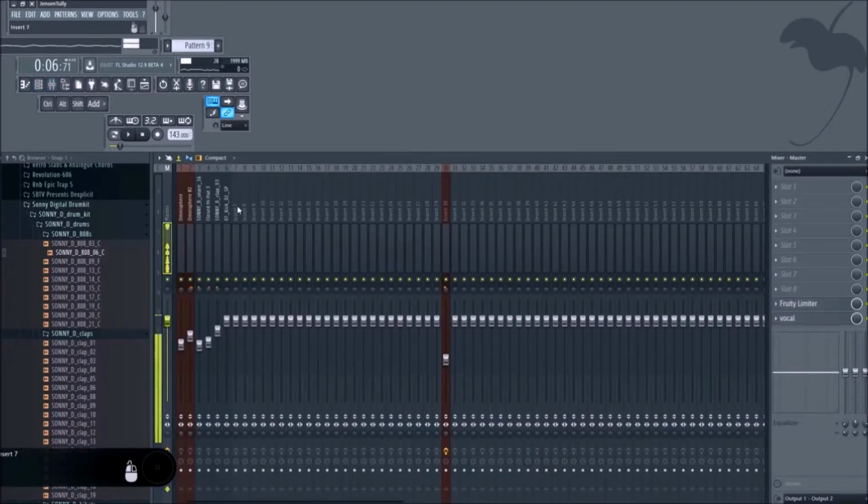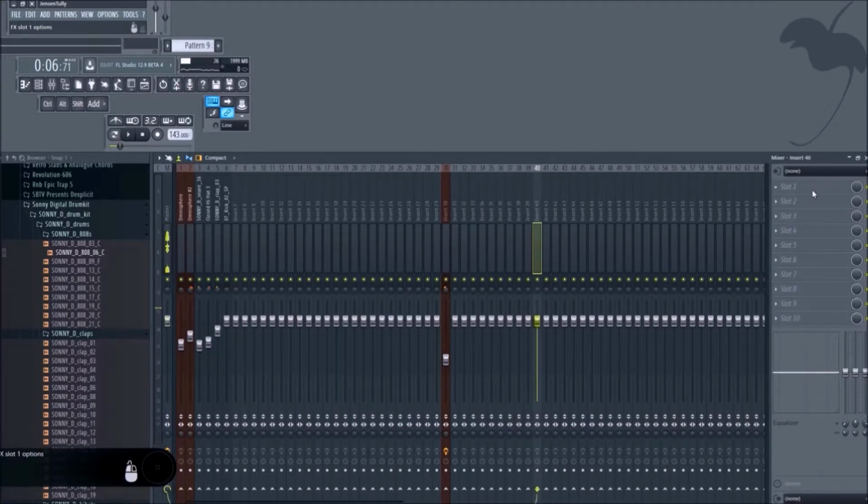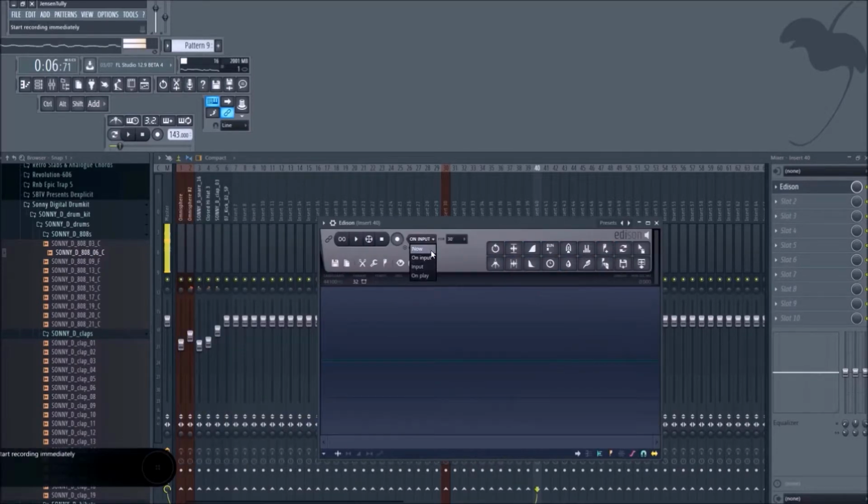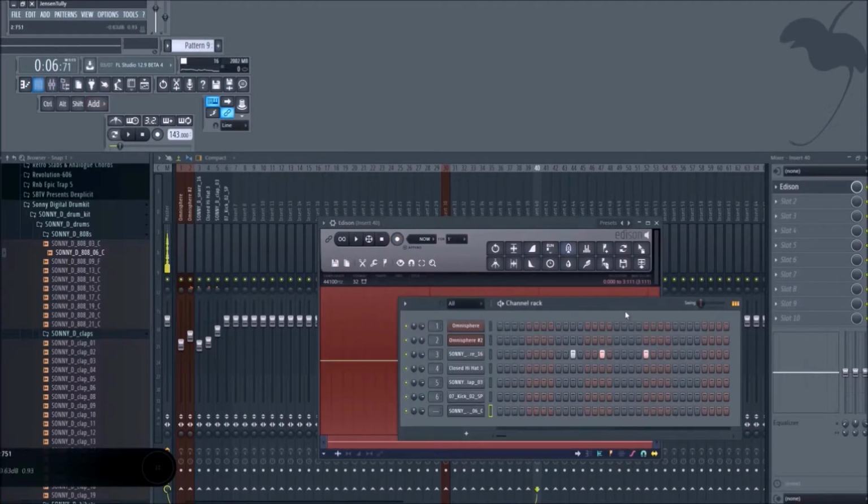But let me go to pattern. Let me go to insert 40 and open Edison. And let me just play a note because, hold on, sorry. If I just hit edit, it'll mess up the way I'm recording. So let me just do this real quick. Okay, hold on. I know I'm being a little extra for this, but